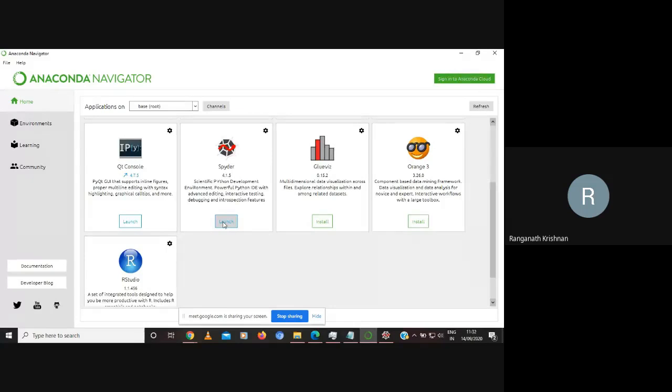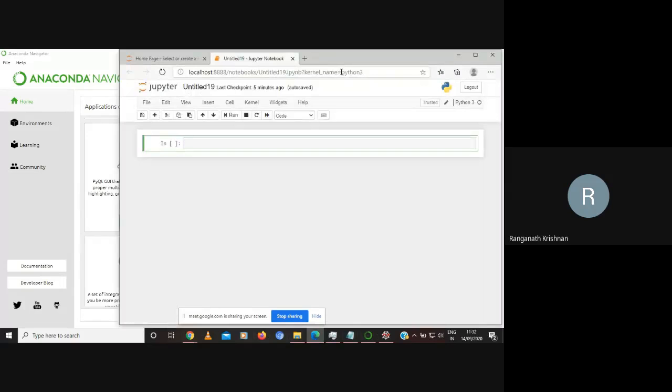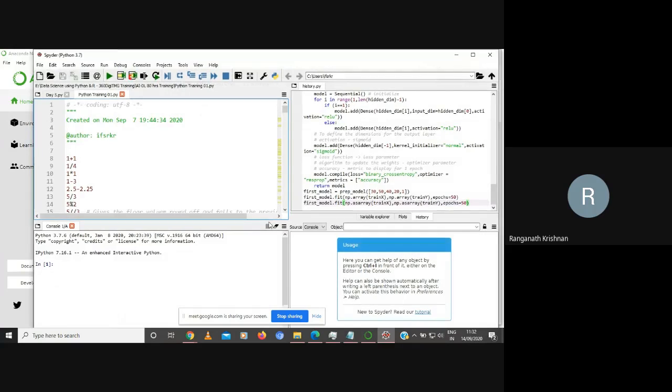It will not be as fast as the Jupyter Notebook, because the one key difference that we want to show you here is that Jupyter Notebook is in the browser, which the doctor showed you. This is a separate program by itself. It will launch. As you are all aware, it needs to load the libraries, so it will take time to load. You can also try clicking on it while I'm doing it.